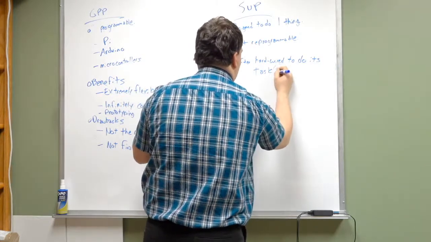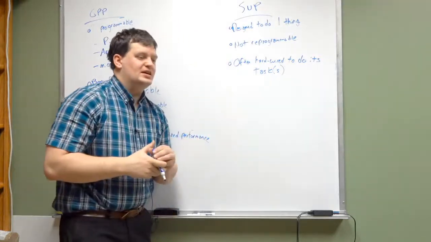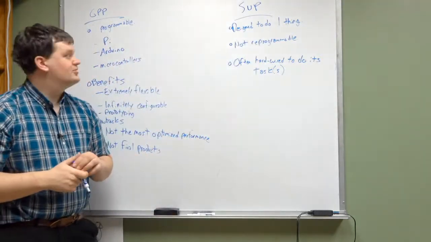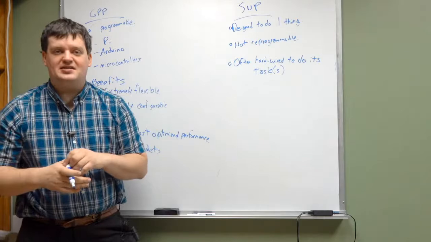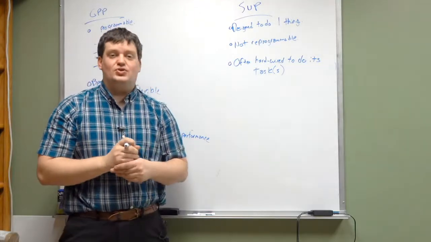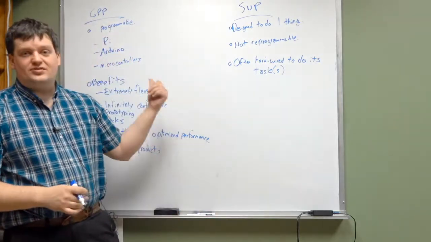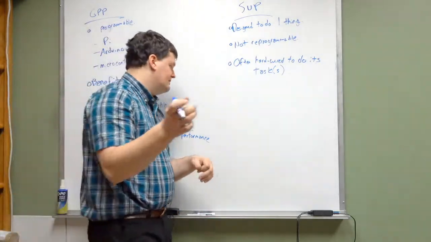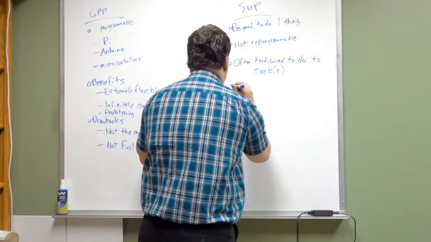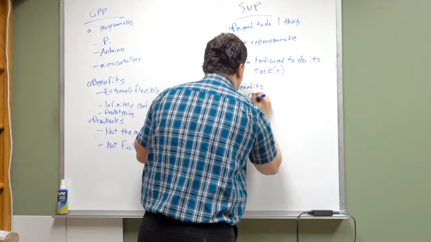Okay, and a GPP can do more than one task. Now, we look at that and we say, well, with a GPP you can do just about anything. Then with an SUP, you can't do a whole lot. You do one thing. Why would you do this over that? Well, here's where things come into play. This is cheaper